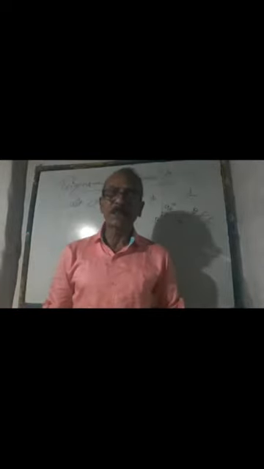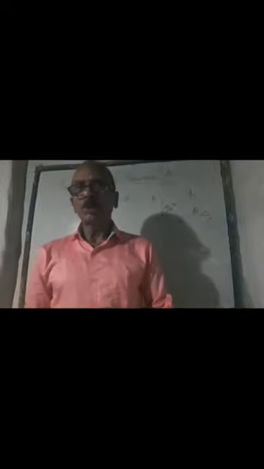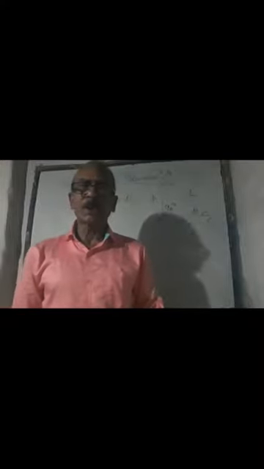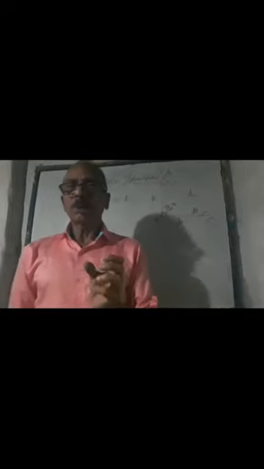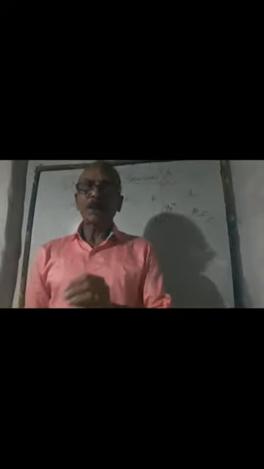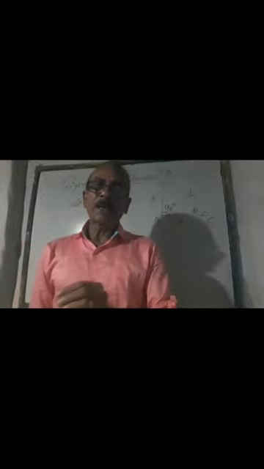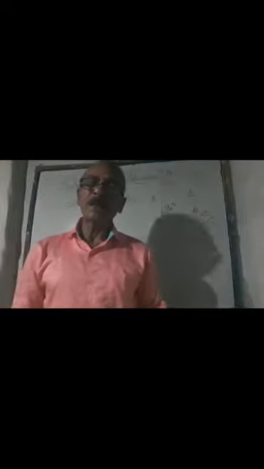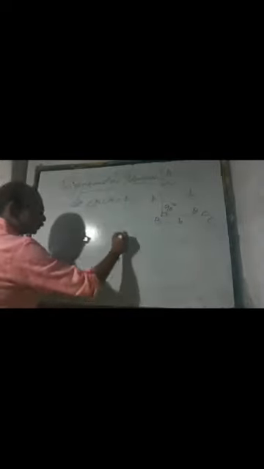In short, I will make you understand. In class 9 you have already done it, but I just recall it: a relation of equality which is true for some particular values of the given unknowns. In algebra it is x or y or z, in trigonometry you will get theta, alpha, beta, gamma, etc. If only some particular values of the unknown angles satisfy the given relation, that is an equation. And if all admissible values satisfy that relation, then that is an identity. So far as trigonometric identities are concerned, I will give you some examples.